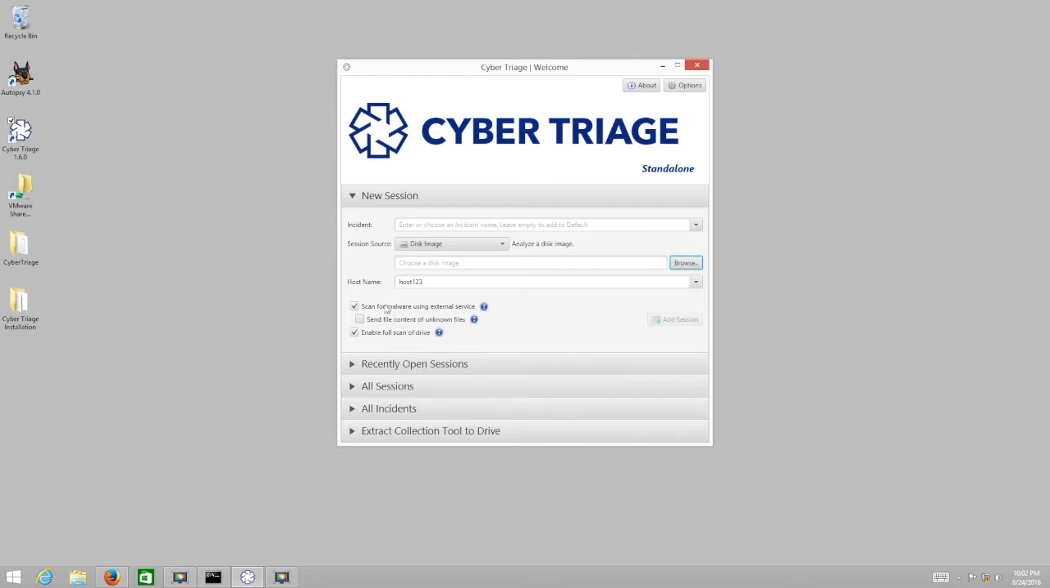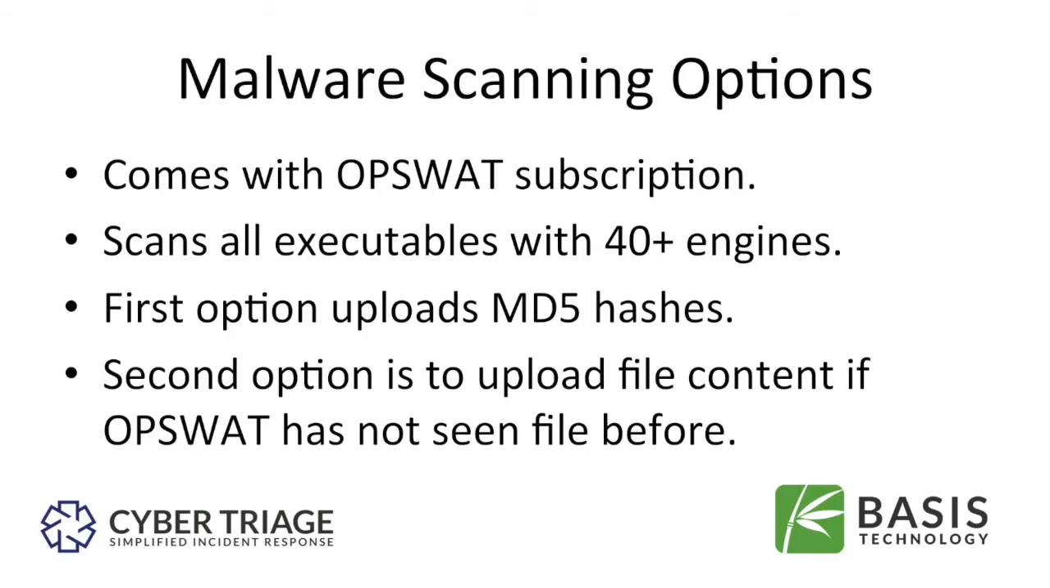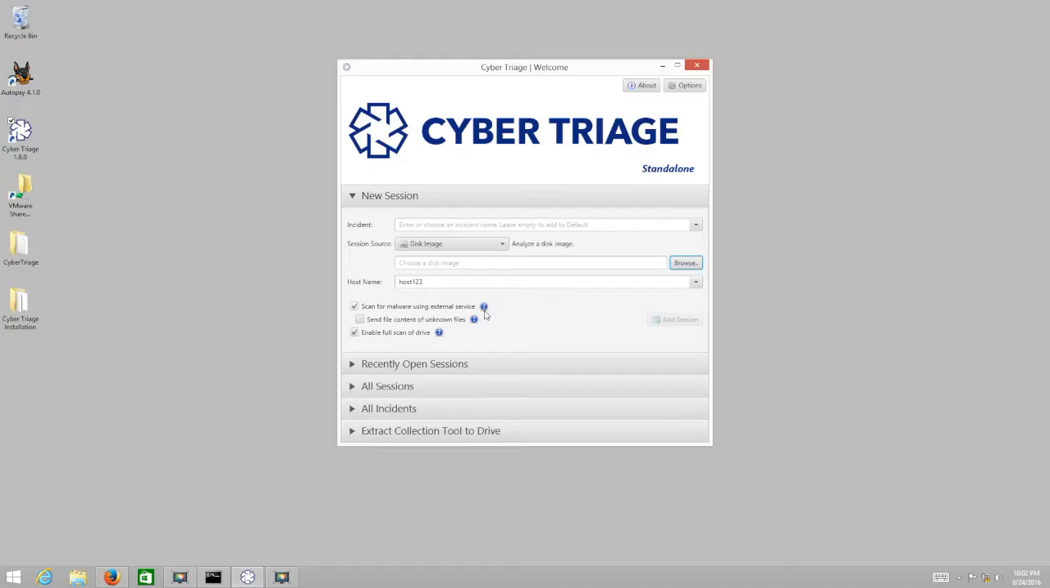When you create any session, you have these options down here, which is malware analysis. With Cyber Triage, you get a subscription to OPSWAT, which allows you to do malware scanning of the executables using 40+ malware scanning engines. This first checkbox here enables you to upload MD5 hashes to the system to know if they already know about it. And the second checkbox here enables Cyber Triage to upload file content for situations where the hashes are not known on that target system and a full analysis needs to be done. Some places have different thresholds for privacy settings for this, and we allow you to choose one or the other if you don't want to upload file